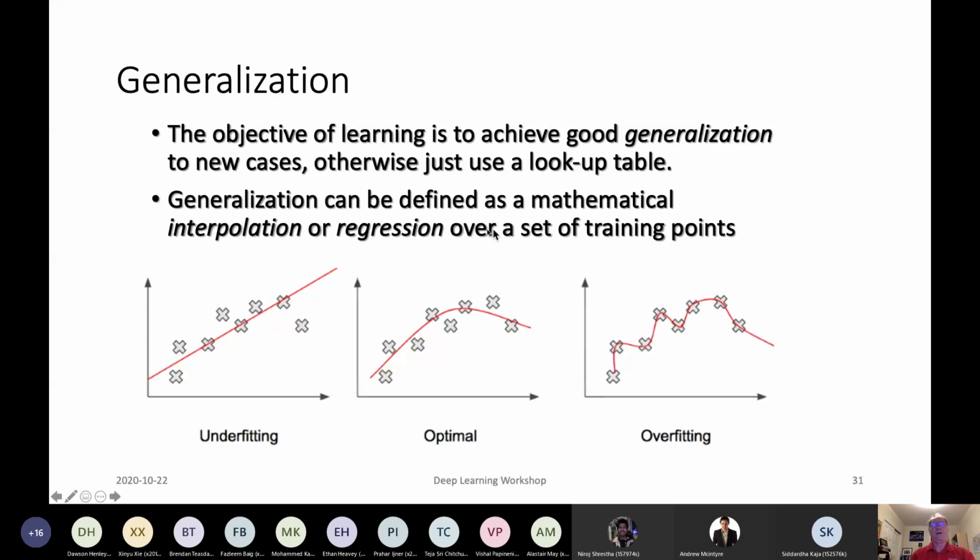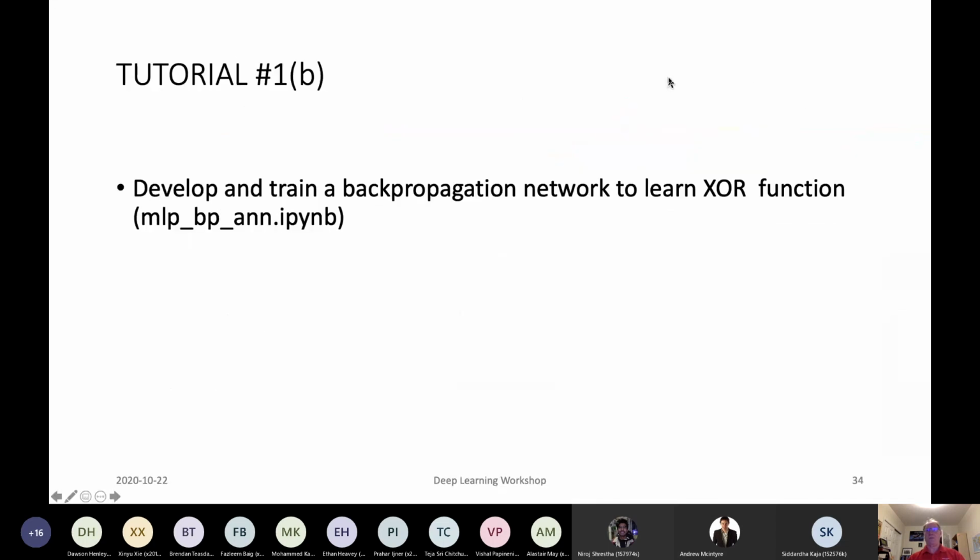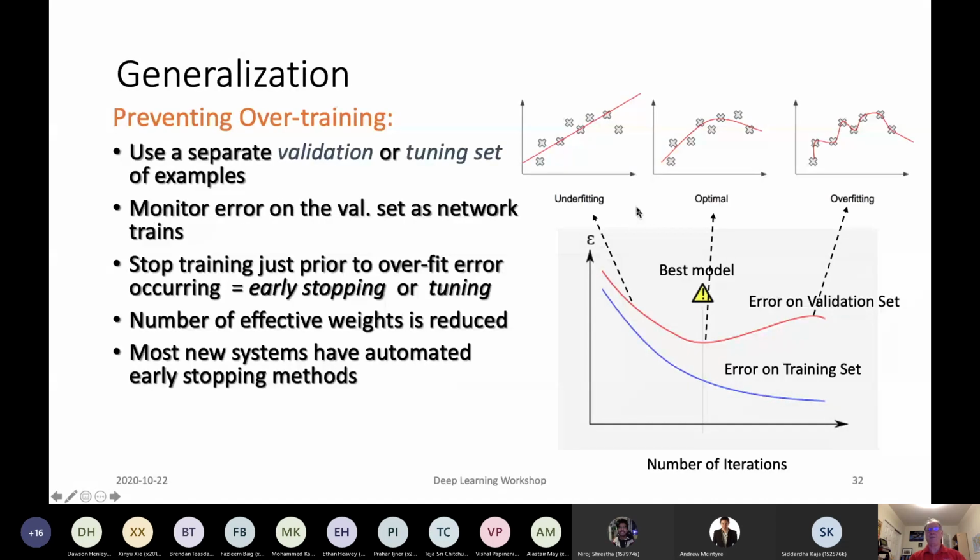So this is a picture of what happens during training of a neural network. Initially, we've got just a linear discriminant function like this, a line, and as the weights start to get larger in magnitude from their small random values, we start to fit the data points nicely. And then we can start to overfit, to the point where it does well on the training data, but won't do so well in the future on new examples.